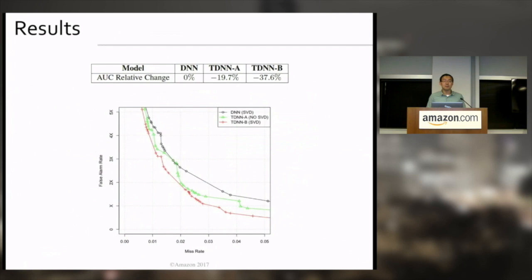Compared to the DNN baseline, the green curve, which is the TDN without SVD, already reduces the AUC by 19.7%. If we further insert these linear bottleneck layers to get the TDNB here, which is the red curve, that further reduces the AUC by 37.6%. That's a huge improvement in the keyword detection performance.